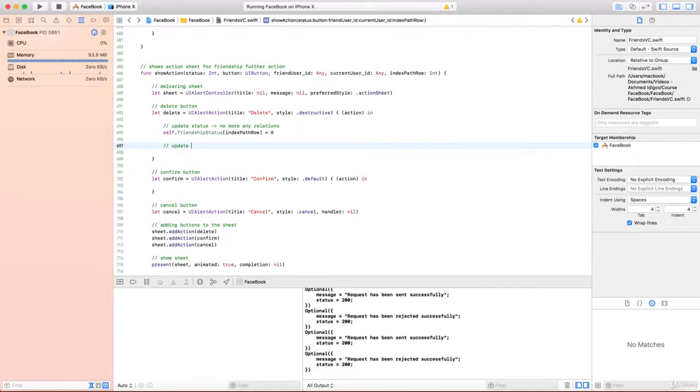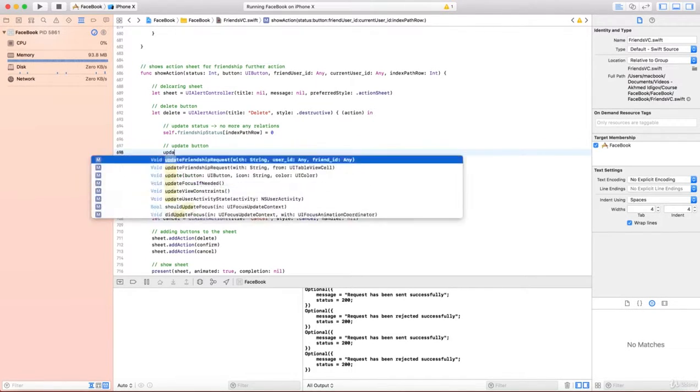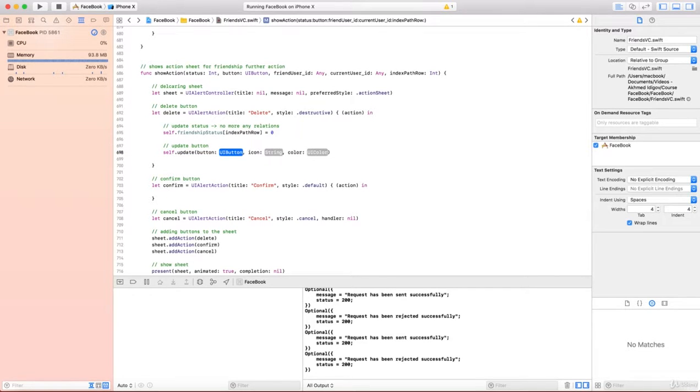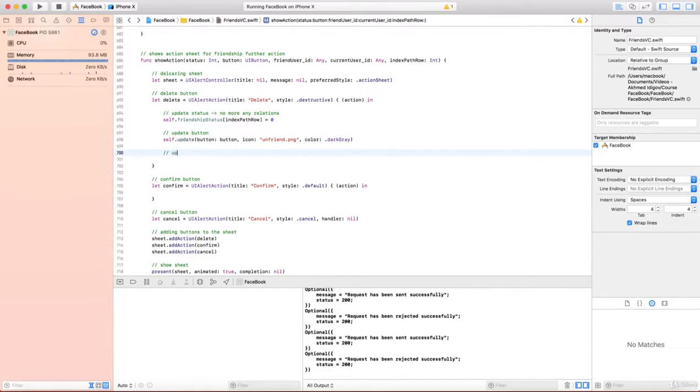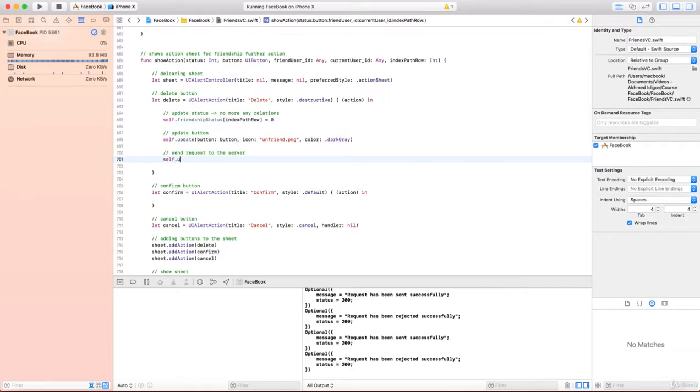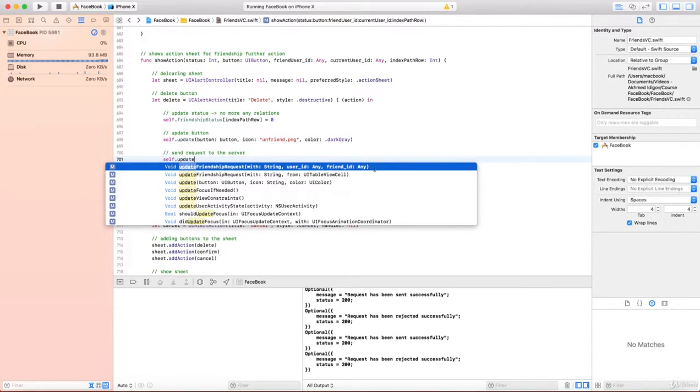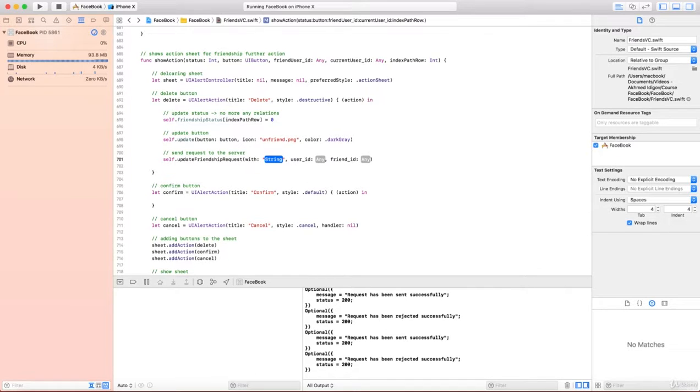Then we need to update the button. So we'll write self.updateButton, which will be the button received by the current function, with the icon unfriend.png and with the color dark gray color. Okay, excellent. And then we want to update our request, means send request to the server. Here we will write self.updateFriendshipRequest, this long one, with the action, which by the way we need